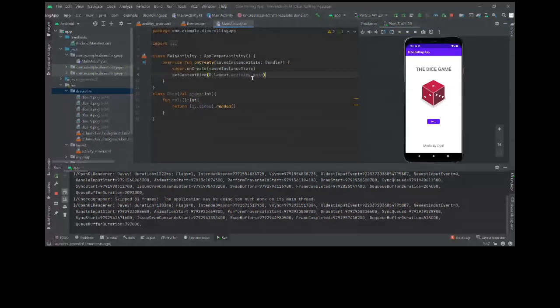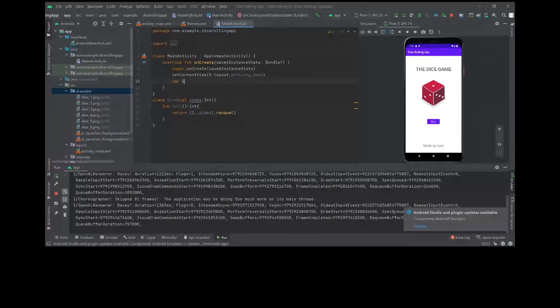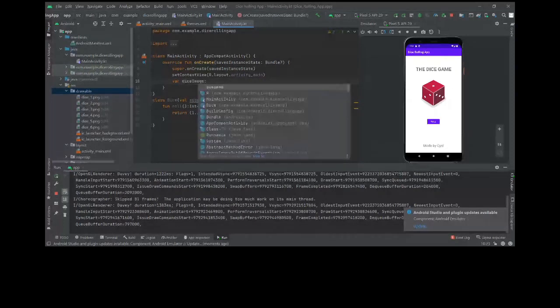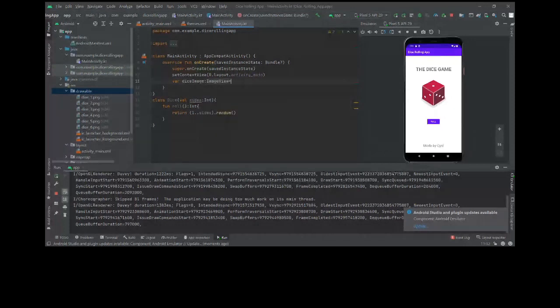To do that, we just have to say var. First, let's take the image. We'll say diceImage, and then we have to define the type, and the type is ImageView. It will be equal to, now there is a function, findViewById.